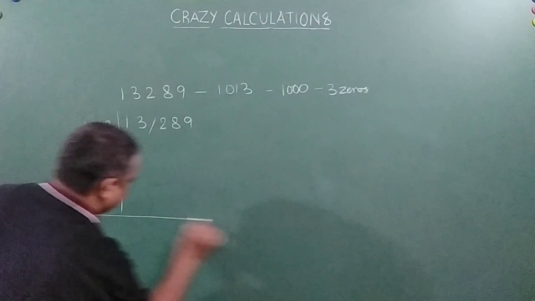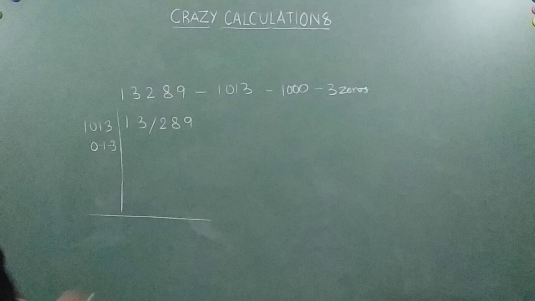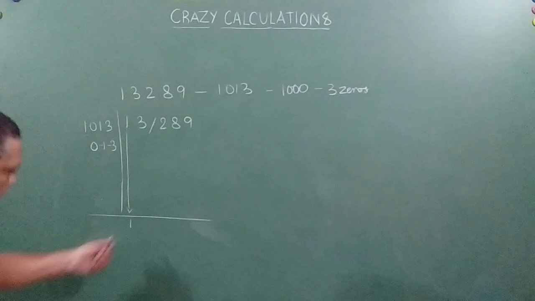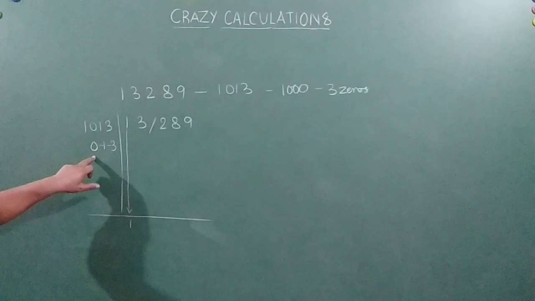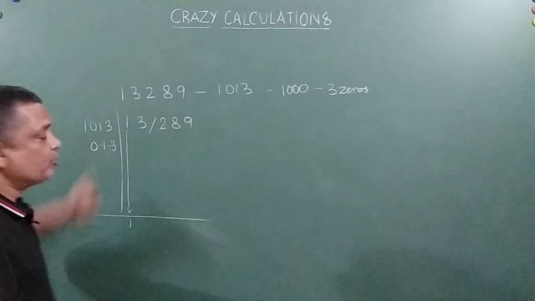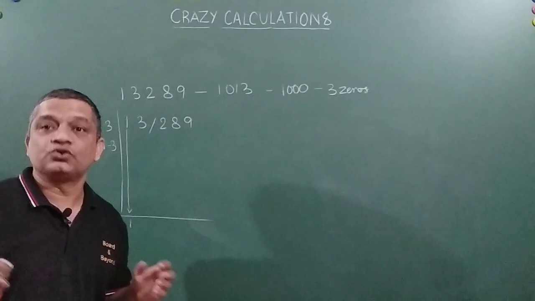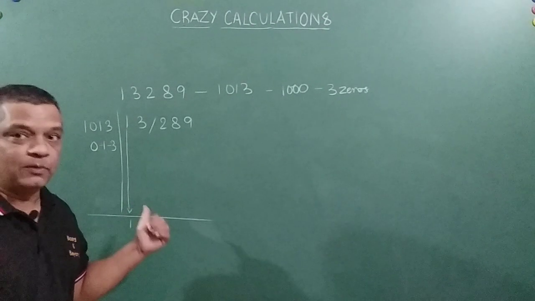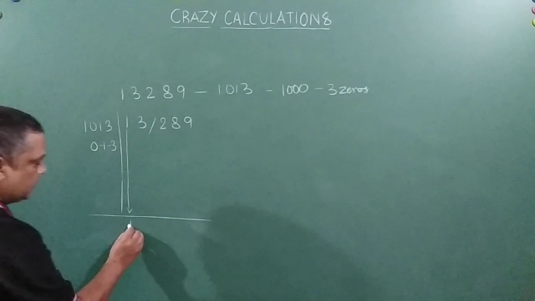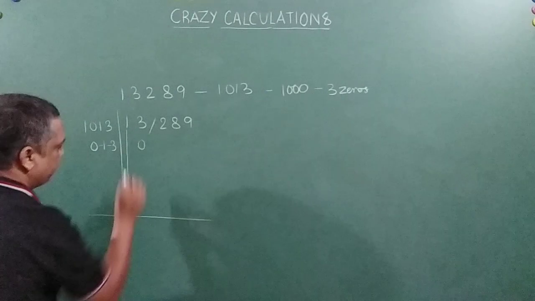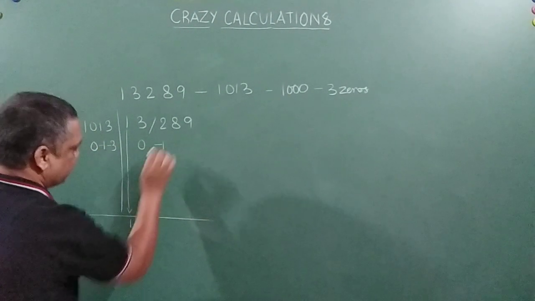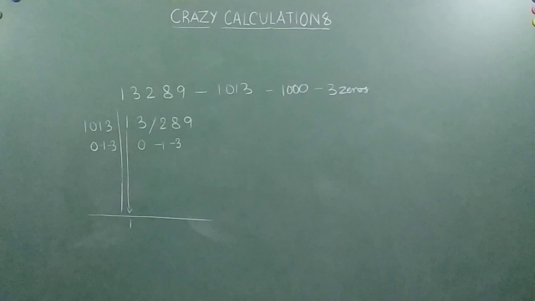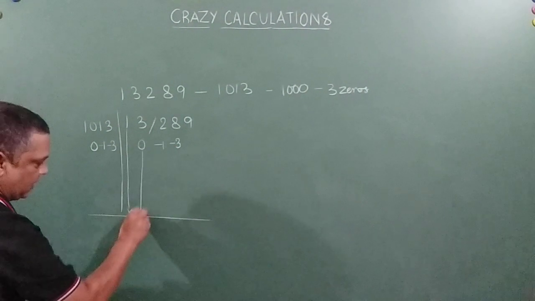After leaving some space, I draw a line. Now the process starts. I'll just drop it down like this, 1. Now I will multiply 1 with this. Please don't forget to put 0 here, thinking that there is no value of 0. No, there is a value of 0 in Vedic mathematics, right? If you don't put it, you'll go wrong. So 1 into 0 is 0. 1 into -1 is -1. 1 into -3 is -3. You're getting my point? Now I will operate the second column.